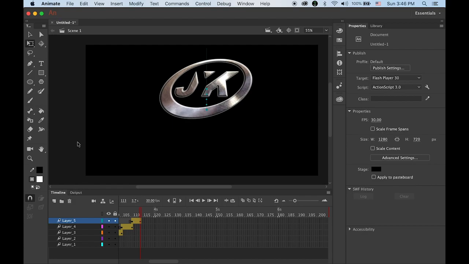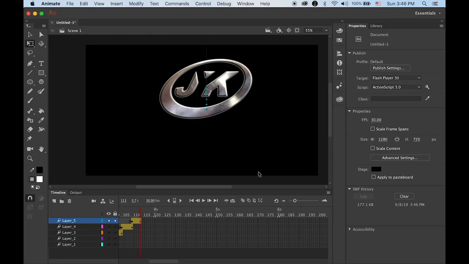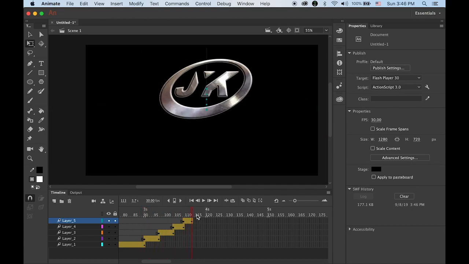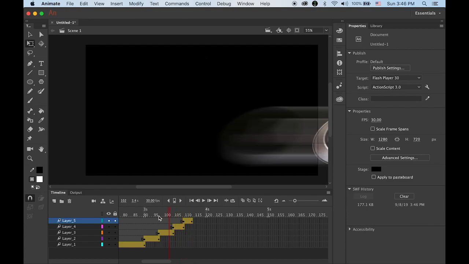You can preview it by testing your movie. Command and return. Yeah, basically it loops. So okay, I'm okay with this. Okay, so I have the basic part of my Roadrunner things. And I have several more components like my background image, my name with metallic effect, and then my title. So what we can do now is